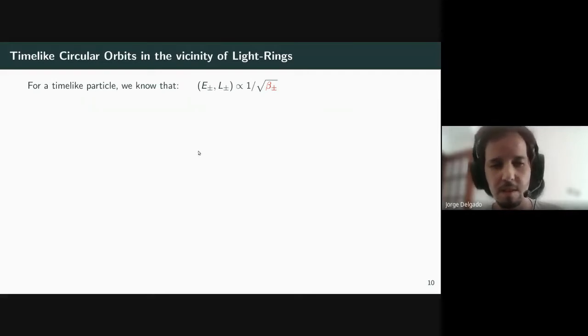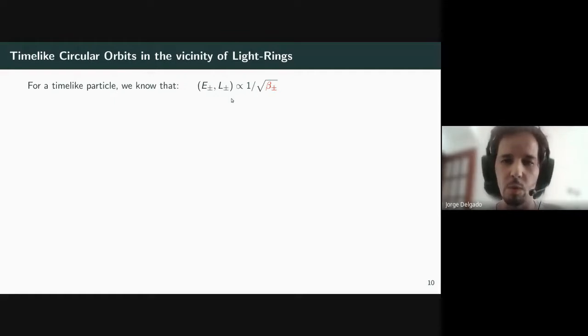It's important because when we study the energy and angular momentum of time-like particles, we saw that it goes as 1 over the square root of beta. So we can see that on the light ring, the energy and angular momentum go to infinity. They are not well defined. But most interestingly,